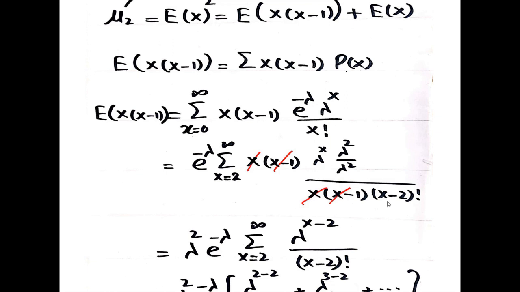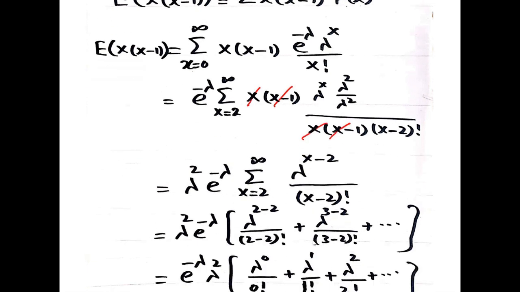So now our random variable range in the second moment about origin is from 2 to infinity, and we expand terms up to 2. So x into x minus 1 over x minus 2 factorial, here we multiply and divide by lambda square. We take lambda square outside the summation sign: lambda square e power minus lambda, range of random variable from 2 to infinity, lambda power x minus 2, here 1 over lambda square. When we take this lambda square from the denominator to the numerator, it is lambda power minus 2, lambda power x minus 2 over